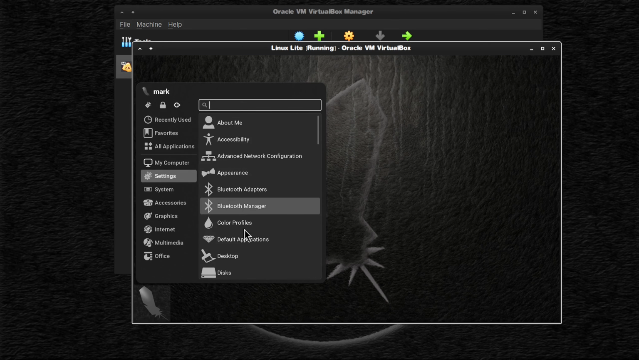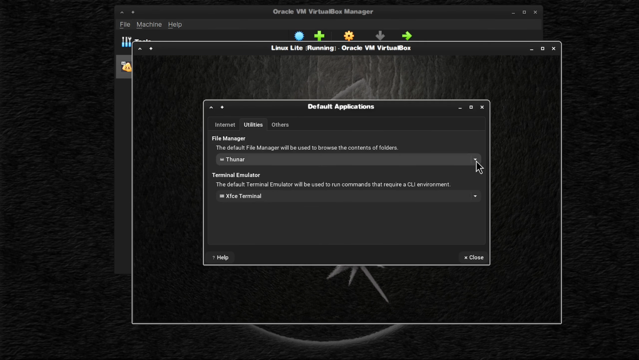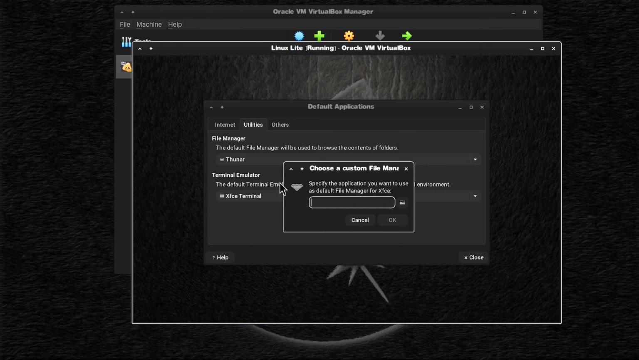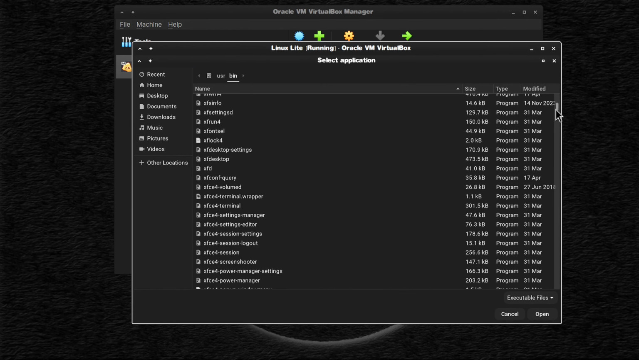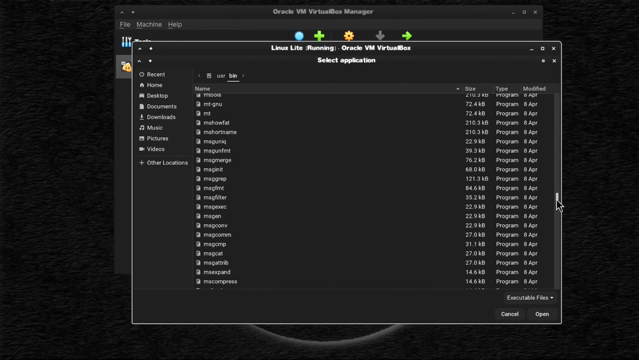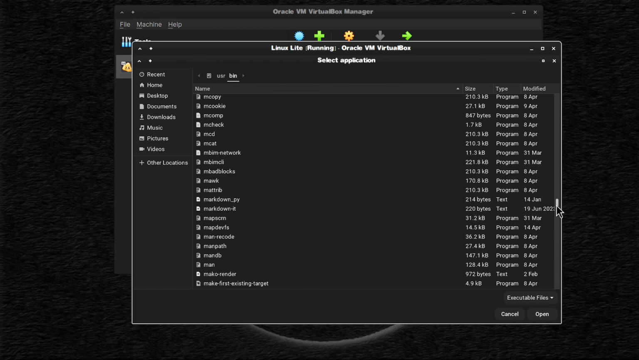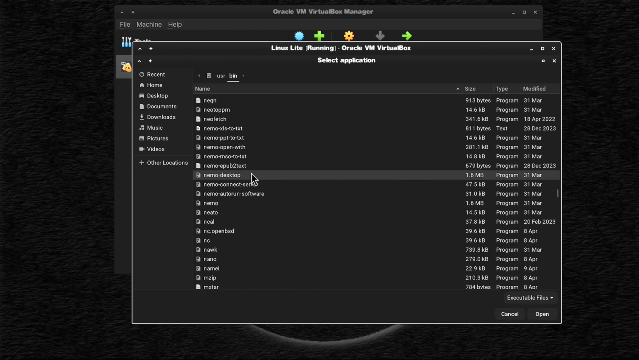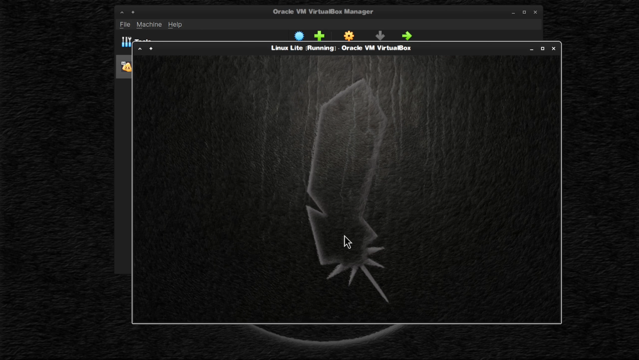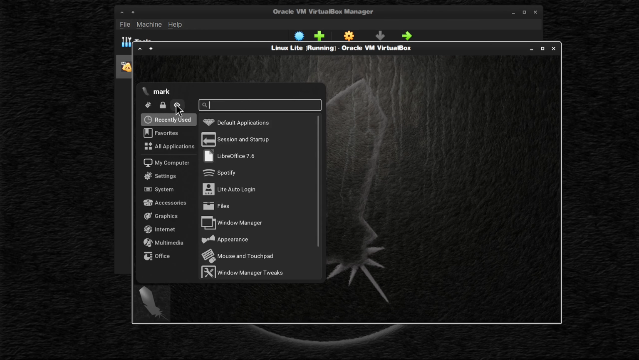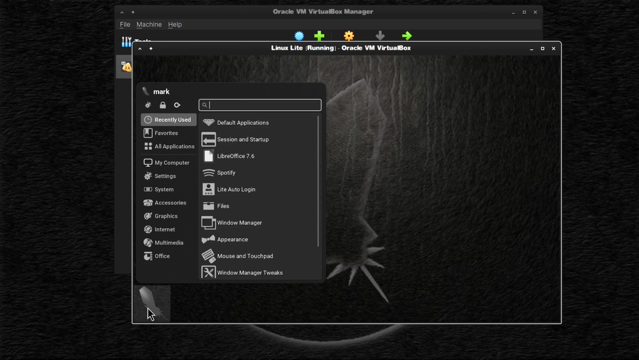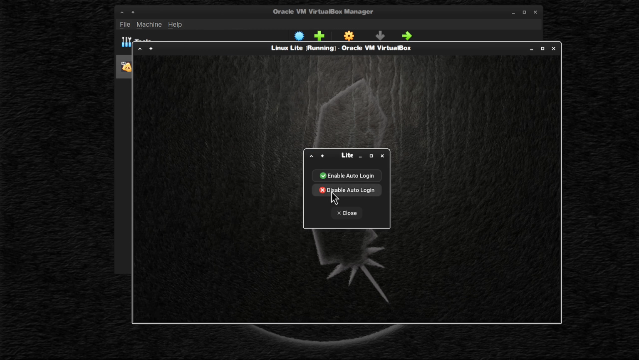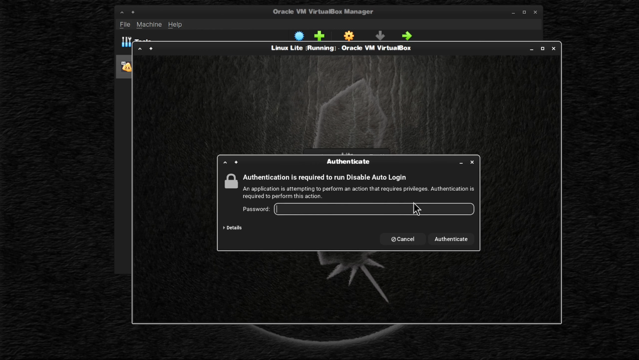default applications, utilities, because Thunar is still default at the moment, so I want to go other, and it's gone the other way again, so let's go down to Nemo Desktop, Nemo Desktop, there we are. I'm going to just open up that and go okay. Be alright? Might not be. I'm just going to reboot. No, what I am going to do actually is disable auto login, and we'll just do